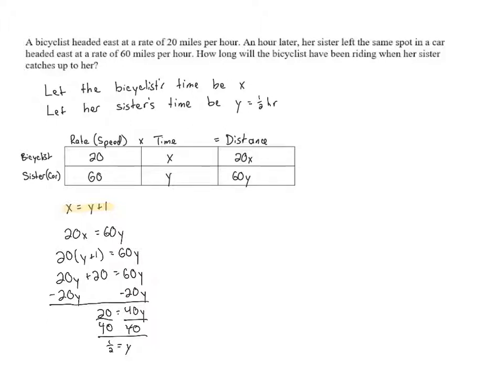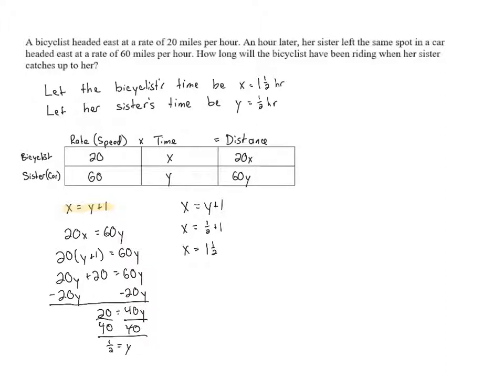Hours, because everything here is measured in hours. All of the times are measured in hours. We need to know the bicyclist's time, though. That's what they asked us for, and that's x. But we know that x is y plus 1. Since y is 1/2, x is 1/2 plus 1, which is 1.5, or 3/2. Doesn't matter. 1 and 1/2